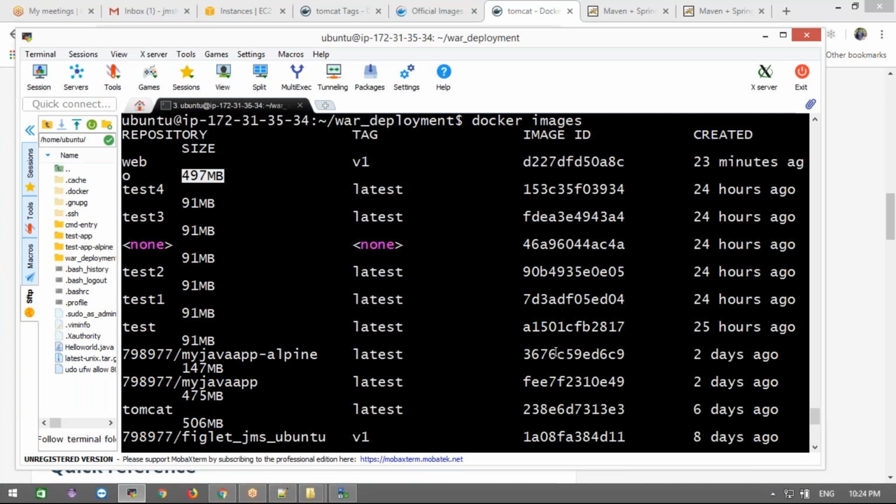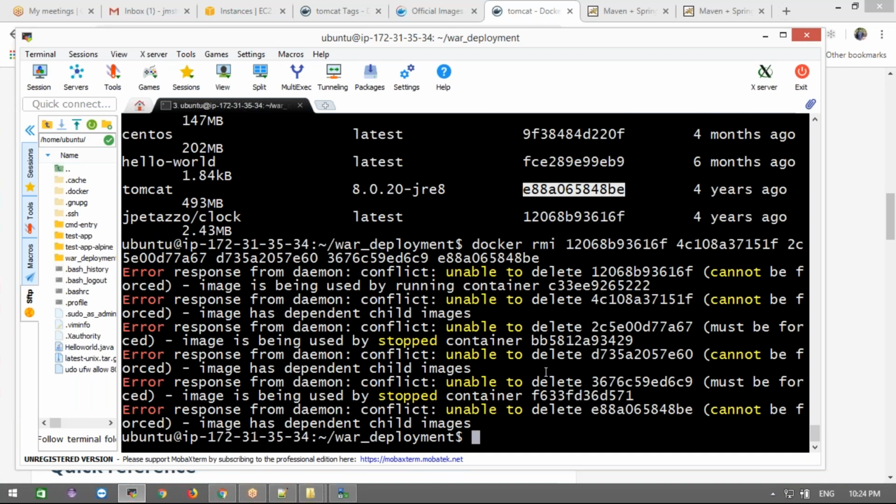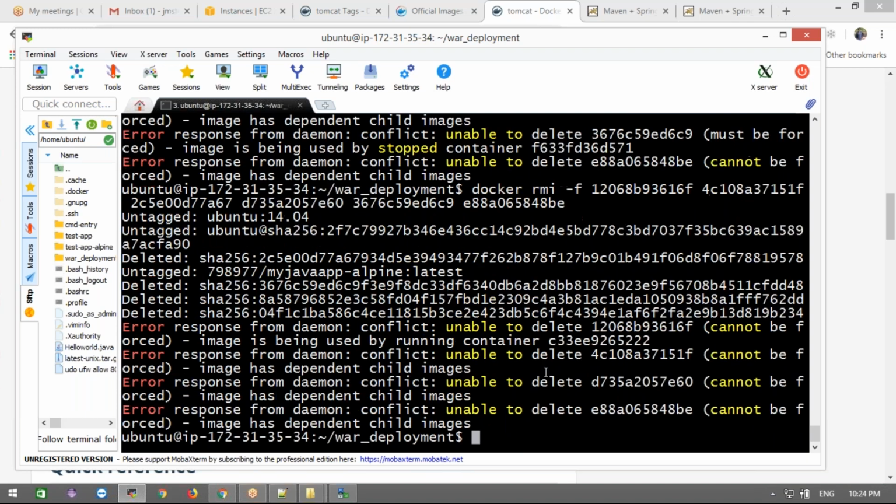Tomcat. Even just now we downloaded this, right? Force option. Some things are already utilized, that's why it's unable to kill.